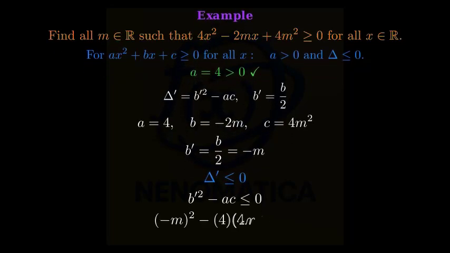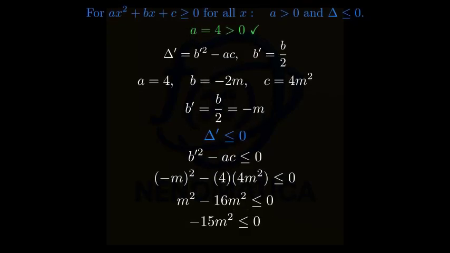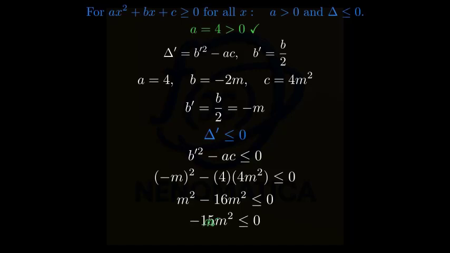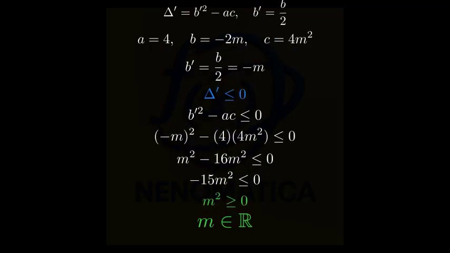That is negative m squared minus 4 times 4m squared less than or equal to 0, which simplifies to m squared minus 16m squared less than or equal to 0. Combine like terms to get negative 15m squared less than or equal to 0. Dividing both sides by negative 15 flips the inequality, so m squared is greater than or equal to 0. Since m squared is always non-negative for any real m, we conclude that all real m satisfy the original inequality